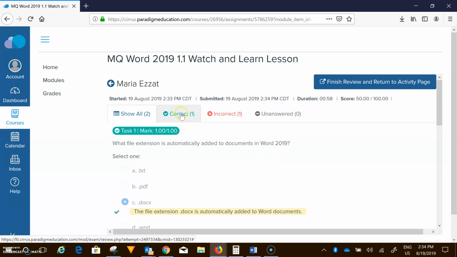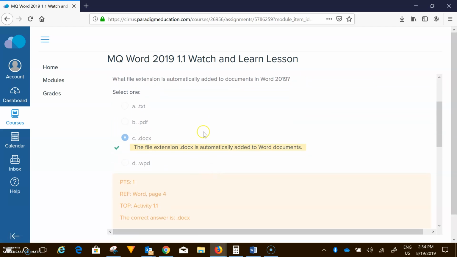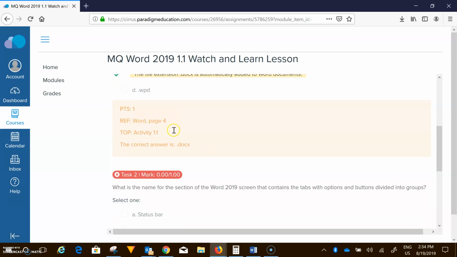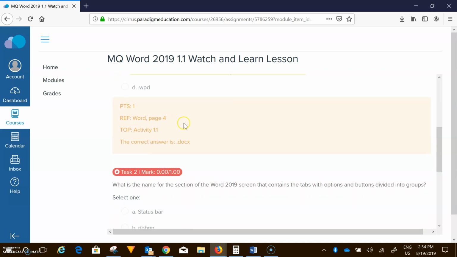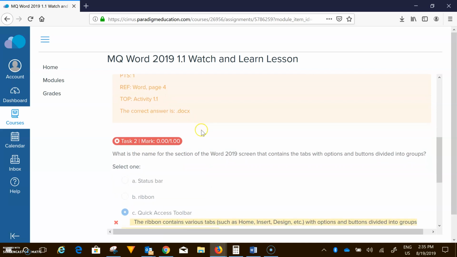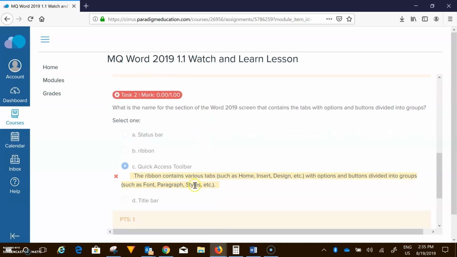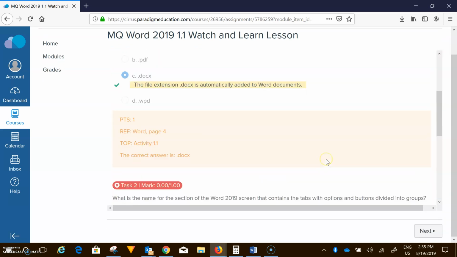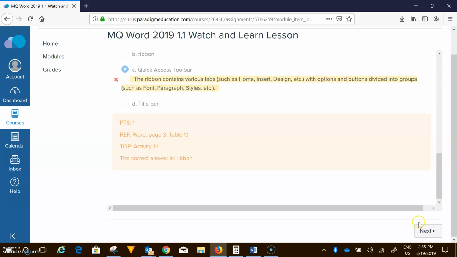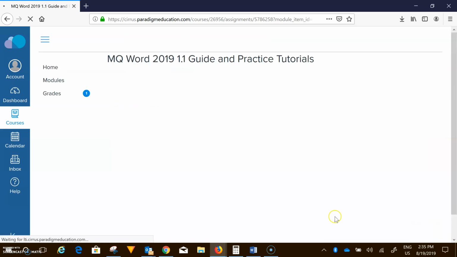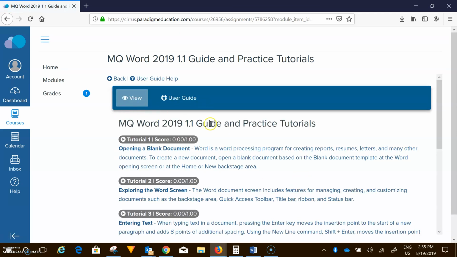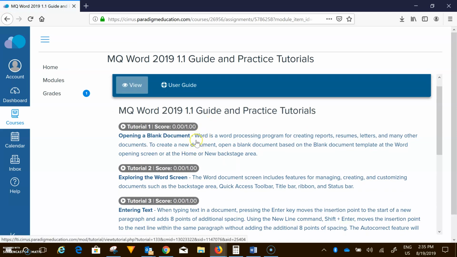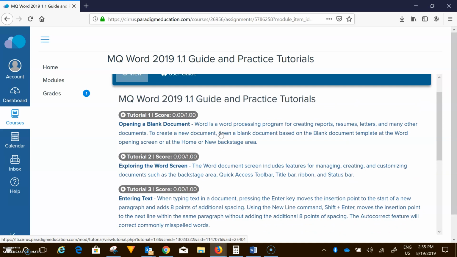Okay, so you see that it shows that one question I answered right, one I answered wrong. Question 1 shows that I got points, and it gives you references, that's on Word page 4, that's activity 1.1. And on the second one, it says what the right answer is and what page it is and all of that. So then next, it's going to take me here to tutorials. It allows me to go through these tutorials